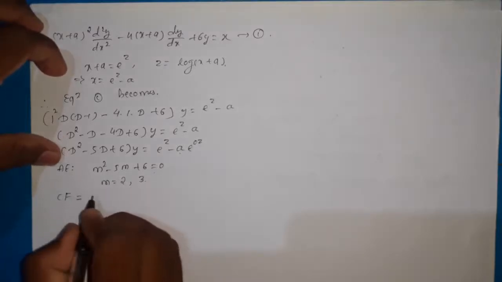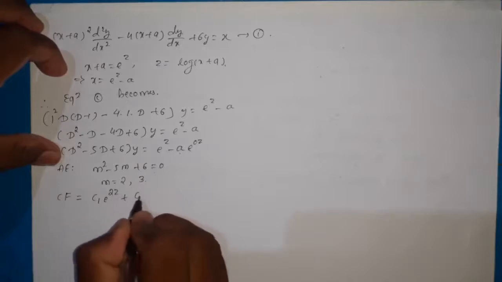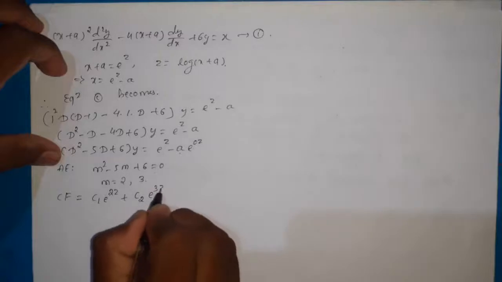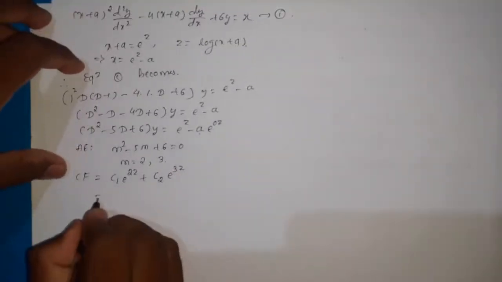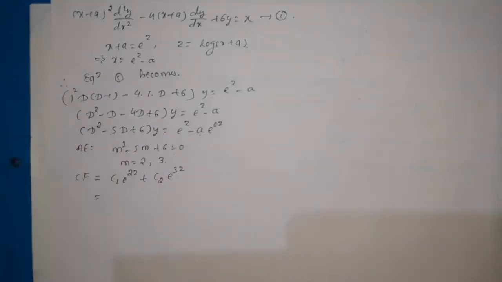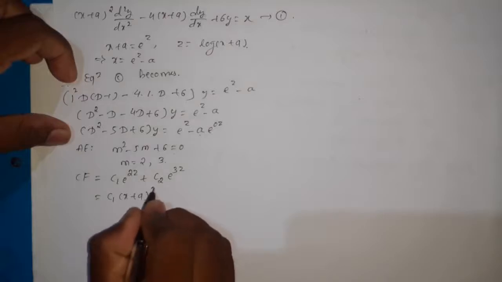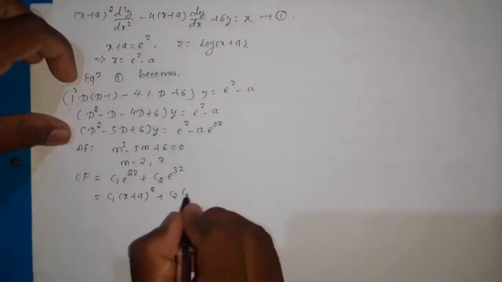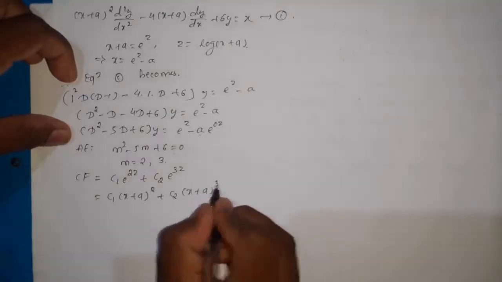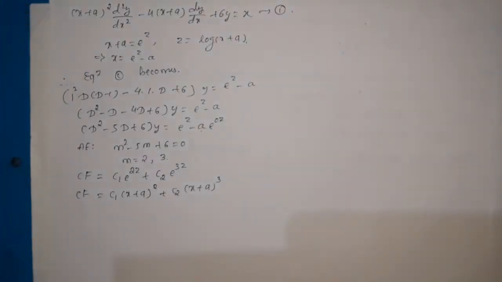Then the complementary function is c1 e power 2z plus c2 e power 3z, and we know that e power z equal to x plus a. So hence here it is c1 (x plus a) whole square plus c2 (x plus a) whole cube, that is the complementary function. Then particular integral